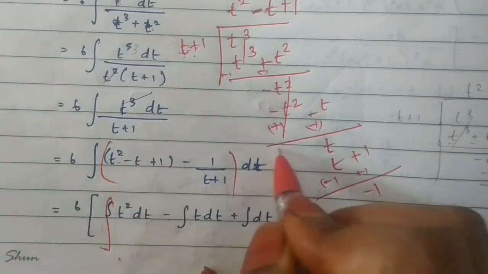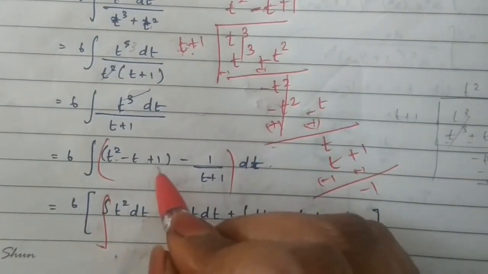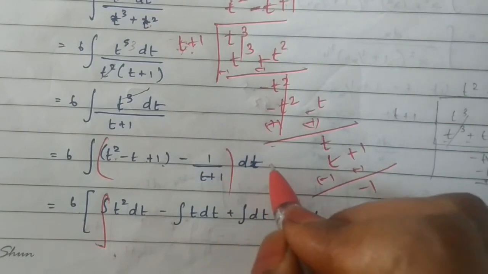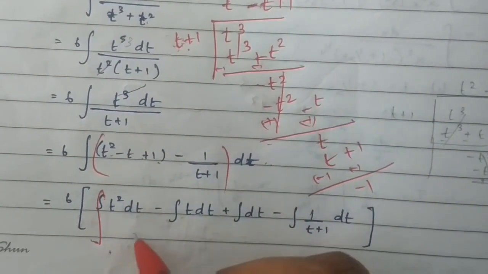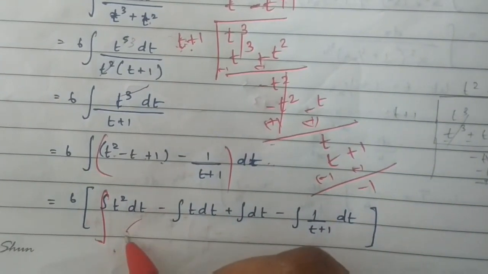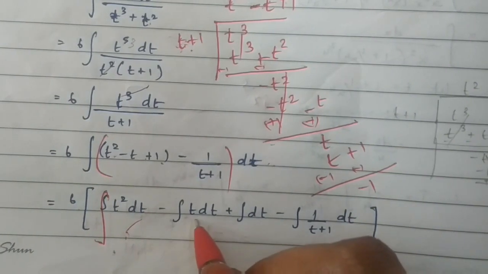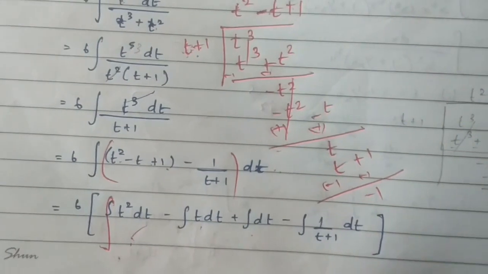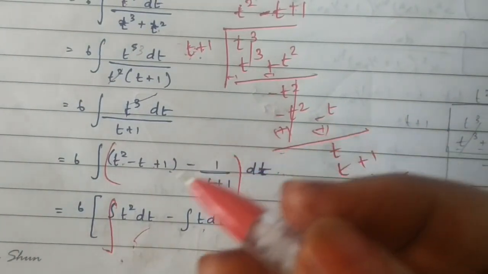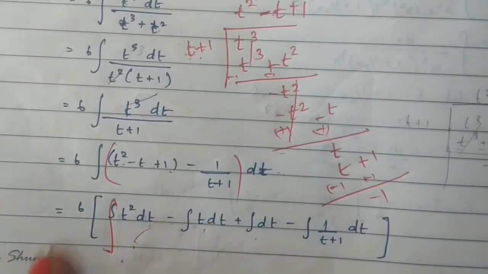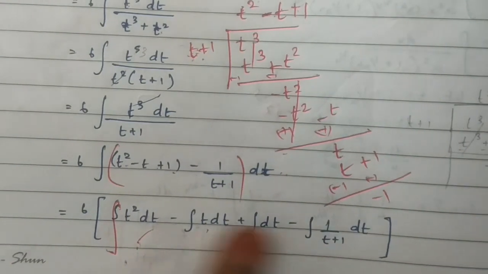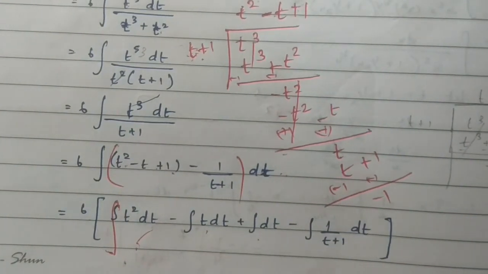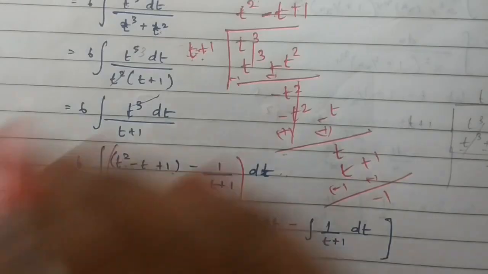Integral over t squared dt minus t dt, 1 dt minus dt divided by t plus 1. When you integrate this, you will be getting t cubed divided by 3. Here it is t squared divided by 2. Here it is t. But what about this? dt divided by t is nothing but log of modulus t. If there is a coefficient, you need to worry about it. There is no coefficient, so you can write it as log of t plus 1 plus c. After that, substitute the value of t.